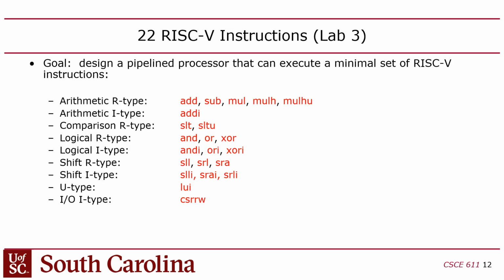Okay, so in lab 3 then, our objective is to design a pipeline processor that can execute enough RISC-V instructions to get by. In that case, it's, I forget how many. 1, 2, 3, 4, 5, 6, 9, 10, 11, 12, 13, 14, 15, 23 instructions. It turns out that this is a pretty good set of instructions. There's only 23, but if you cross-compile a program from C into RISC-V, it's pretty much going to just be these instructions. I mean, there's a chance you'll get another instruction, but I don't think I've ever seen that happen. At least not in the MIPS case. We used to do this in MIPS.